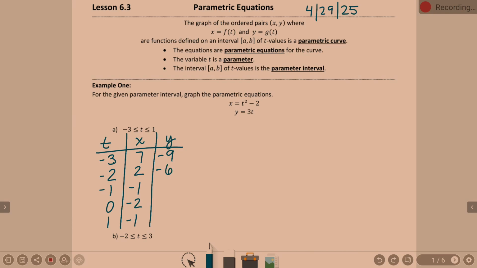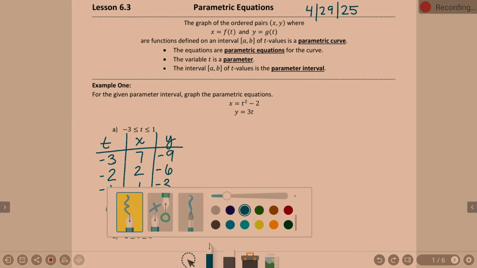3 times negative 2 is negative 6. When t is negative 1, y is negative 3. When t is 0, y is 0. And lastly on this one, when t is 1, 3 times 1 is 3. Okay, so we have a set of xy values now that came from taking those t values, that parameter,